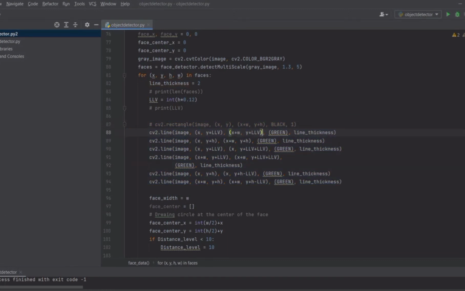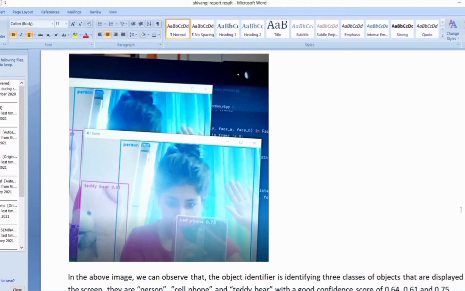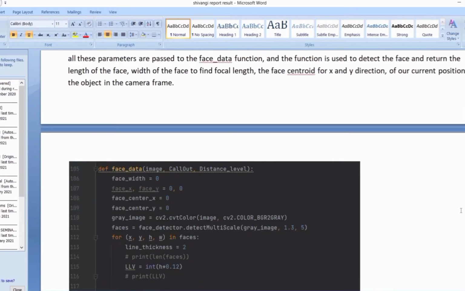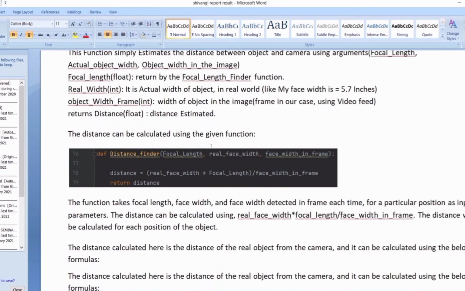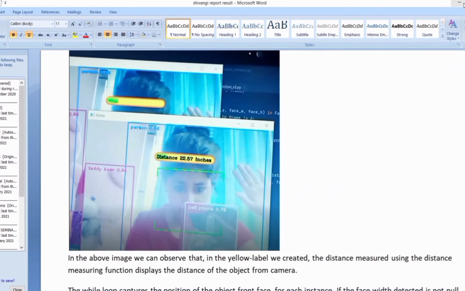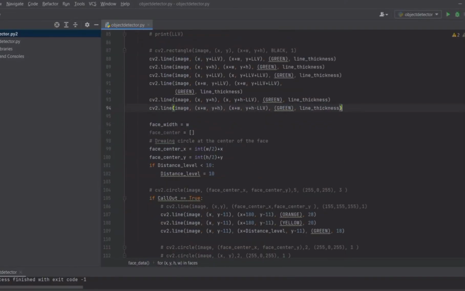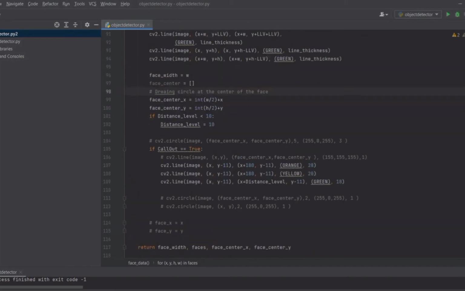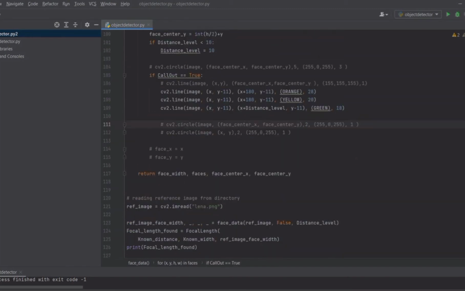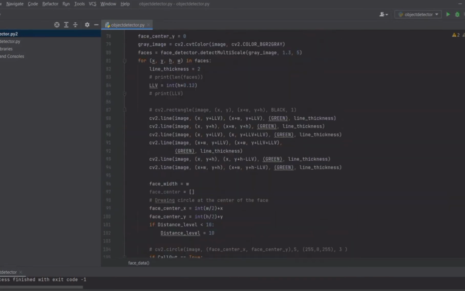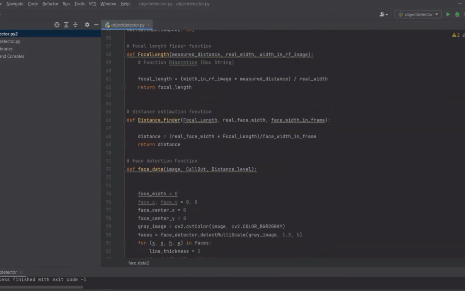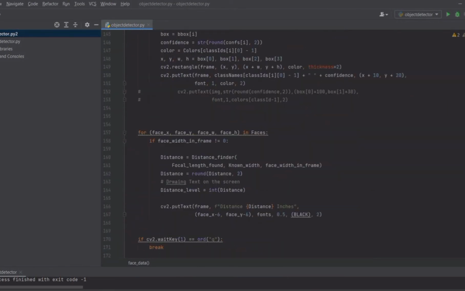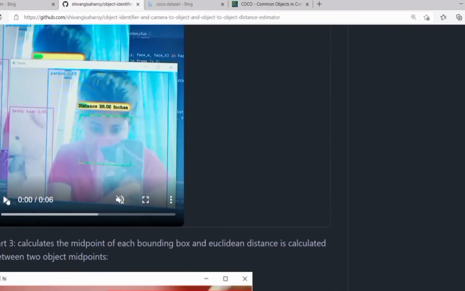For this part, some labels are created. I will show you how it will look. It will look like this. This is the place where the distance from the camera to the object will be displayed. It will be displayed like this. I will demonstrate it in some time. After that, we can get these parameters from this particular function. This function will return these parameters, and they can be reused further. So this second part will look like this. I'll just show you.